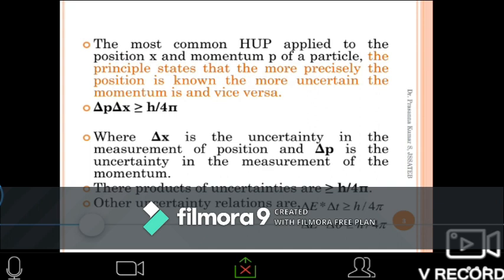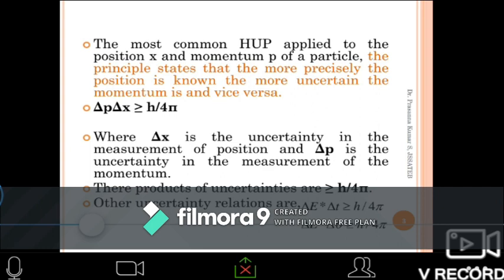That is delta E, you know that, isn't it? Delta E is the photon that is released. So when a particle is in the excited state, it stays for a lifetime of delta T. You know that it's 10 to the power minus 8 seconds. So if you take the product of the energy of the photon and the time it spends in the higher energy level, it is always greater than or equal to h by 4 pi.